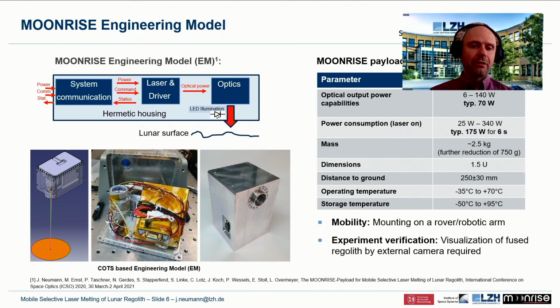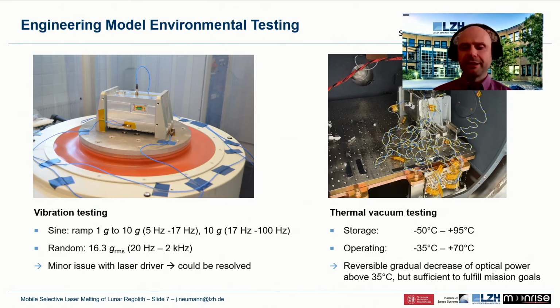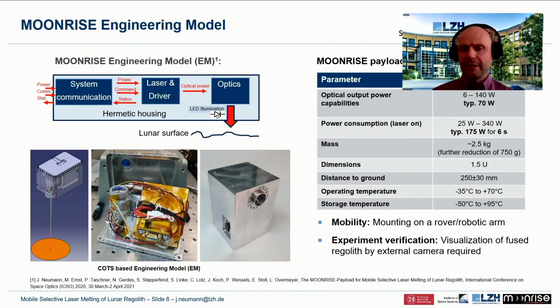It's mainly based on commercial off-the-shelf components. With this engineering model, we have optical output power capabilities up to 140 watts. Our baseline is 70 watts. And as I said in the last slide, laser melting starts at 35 watts. The power consumption for the baseline is about 170 watts, and the mass is 2.5 kilograms with